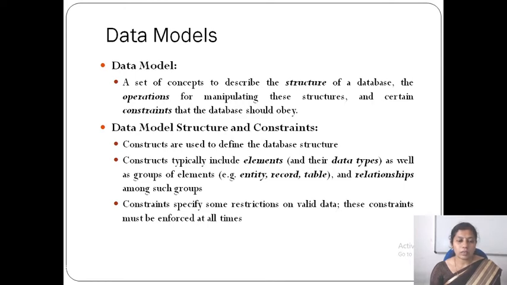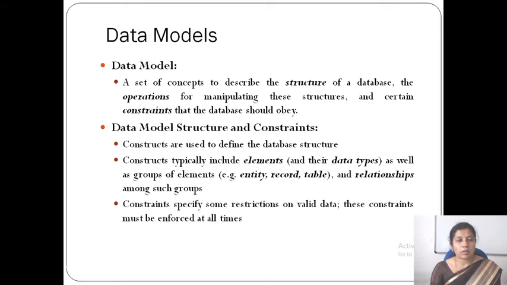And then if I have 100 employees, then I'll be storing 100 records. Record means ID, name, salary, department, that is one record. For example, I am an employee of this institute, so my information is stored there, that is one record related to me, right? Like that we have hundreds of employees in the company, that means 100 records will be there. A group of records will form a table or the database.